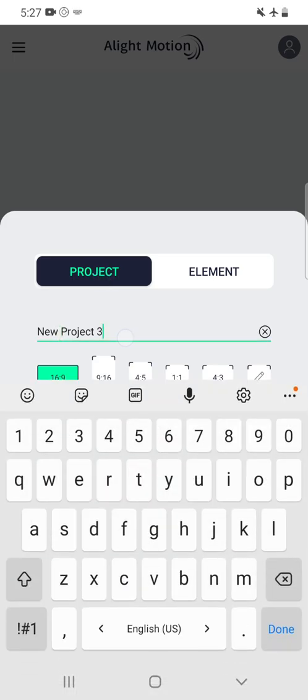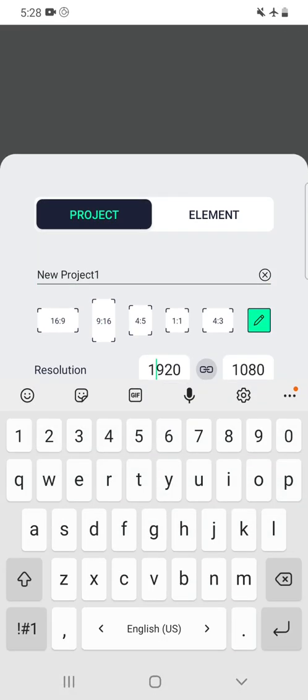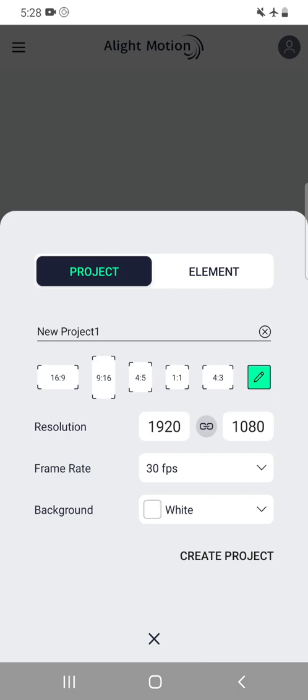This is the name option. You can name the project. These are the artboard sizes. Usually for YouTube, use this. This is the standing, that is vertical orientation, and there are some other different artboard sizes, and the last one is custom, which means you can make changes as per whatever you desire. This is the frame rate, which is usually 30,